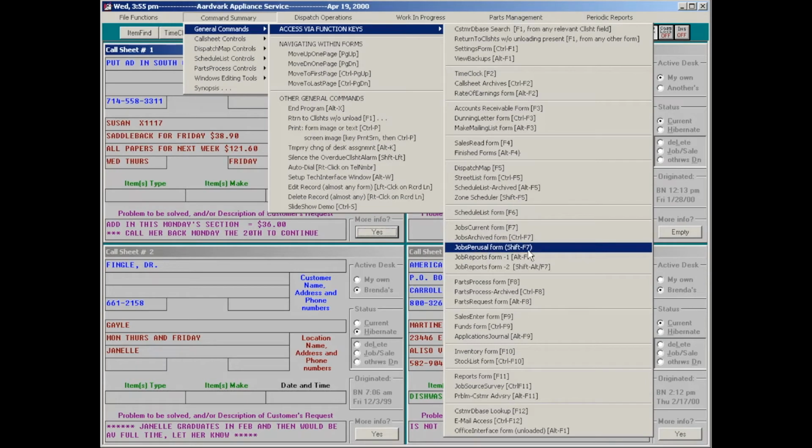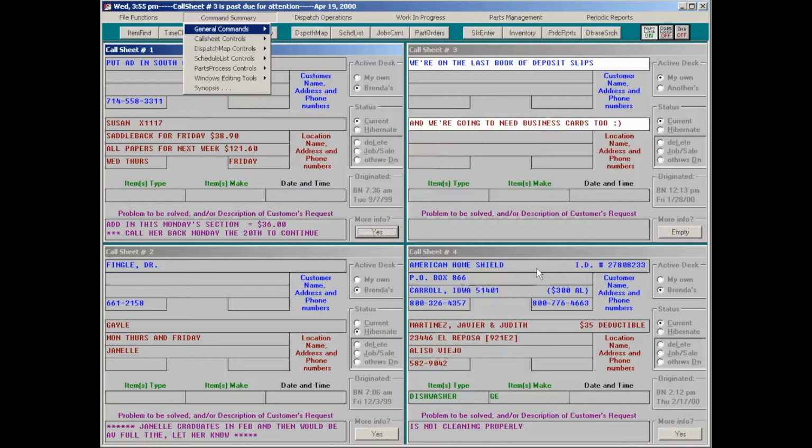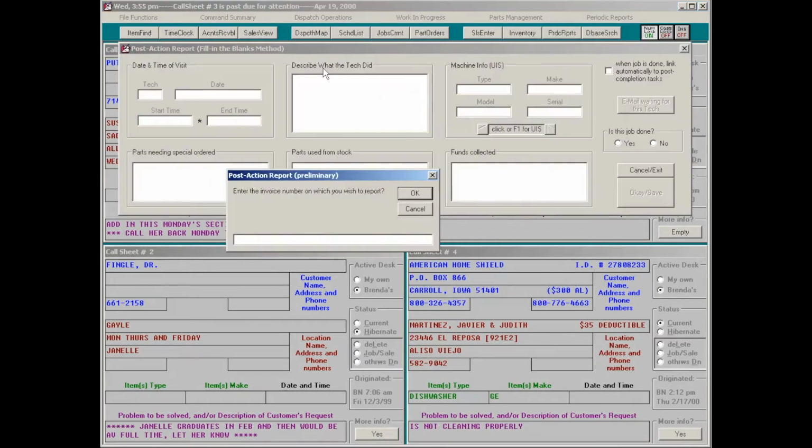The jobs perusal form I've shown you is Shift F7. The job reports form number 1 is the old dialogue method, Alt F7. And the new one I'm about to show you is the job reports form number 2, which is the fill in the blanks method, which is Shift Alt F7. You'll see it says right here. So I'll come back to here, and you'll see if I hit Shift Alt F7, it brings up this newer form for the post-action report, fill in the blanks method, and begins by asking me to indicate the invoice number